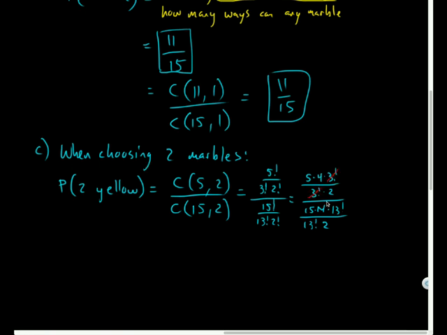Let's see, 3 factorial and 3 factorial, 13 factorial and 13 factorial cancel out. 2 goes into 4 twice. This 2 goes into 14 7 times. And so I'd be left with 5 times 2 up top, which is 10. This denominator is 1, so it's just 10. And the denominator is 15 times 7, so that's 70 plus 7 times 5 is 35, 105, I believe. And then both of these are divisible by 5, so that's 2 over 21 would be the number of ways that could occur.